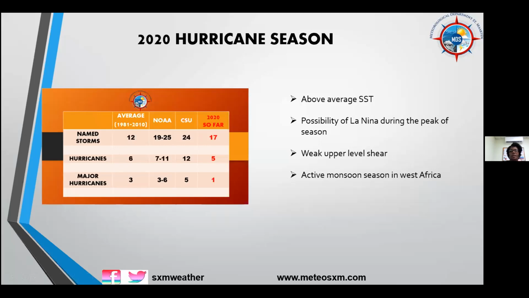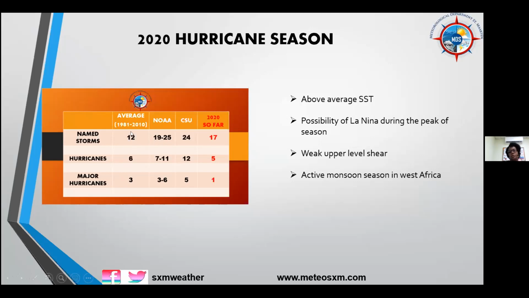They could tell you that this year is going to be an active season and you don't get hit. And the year that they tell you that it's not going to be an active season, that's the time you may get hit. So the important thing is whether you get hit or not, not really the prediction. So you always have to be prepared. So the last predictions,